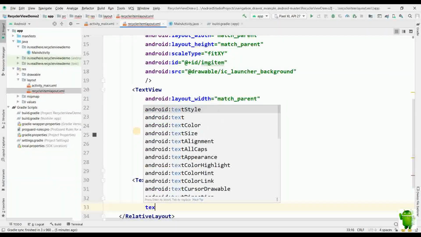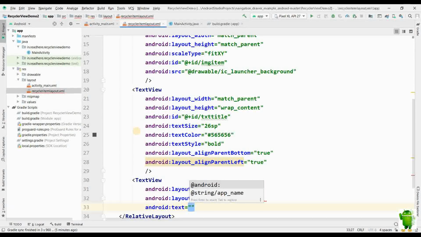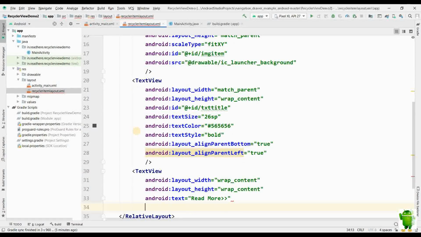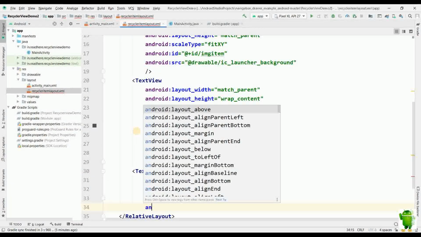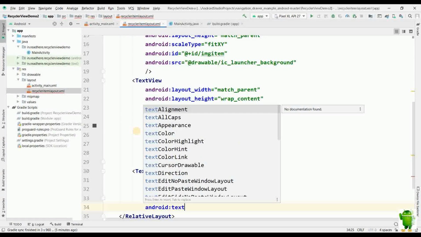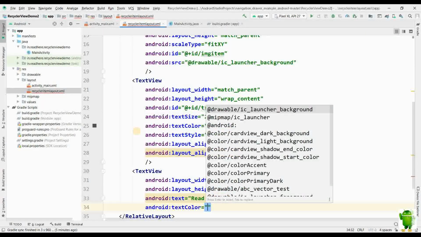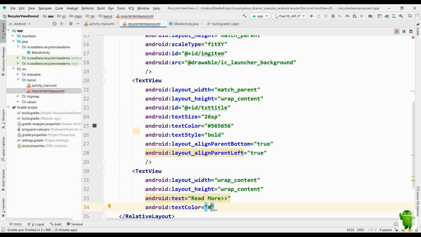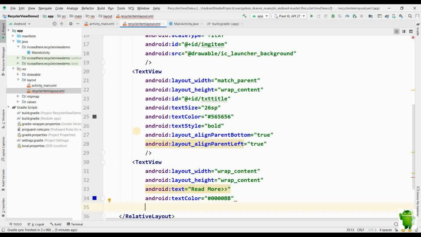Upon touching or clicking on it, it will display a toast message. We'll set this text view to the bottom of the relative layout. We'll set the text color to blue, and place it at the bottom right-hand side of the relative layout, for which we will write align parent right is equal to true and align parent end is equal to true.